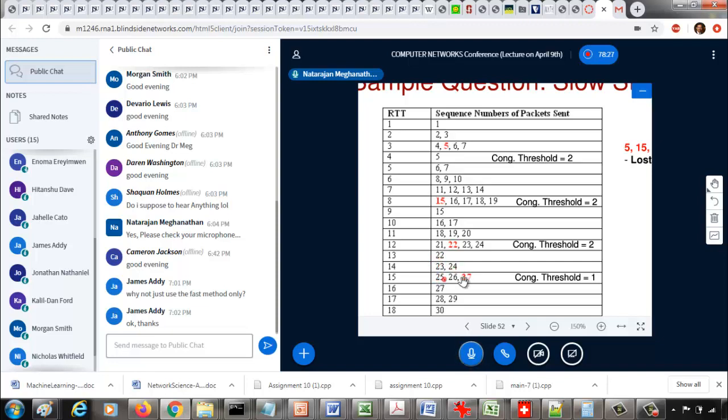So in the next window you send 3 packets. So again 27 gets dropped, so the congestion threshold now is half of this 3 packets, which is 1. So that means in the slow start process, next you start with 1 packet, and from there itself, since you reach congestion threshold, you have to do only additive increase. So you increase by 1 packet, which is 28, 29, and you could actually send 3 packets in the next